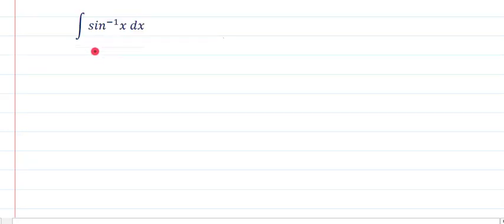Now it's the turn to know how to calculate integration of sine inverse x. Same as before, first of all name it as I and multiply this by 1, and use Euler's rule. According to Euler's rule, the inverse trigonometric function should be the first function and 1, that is the algebraic function, should be the second function.